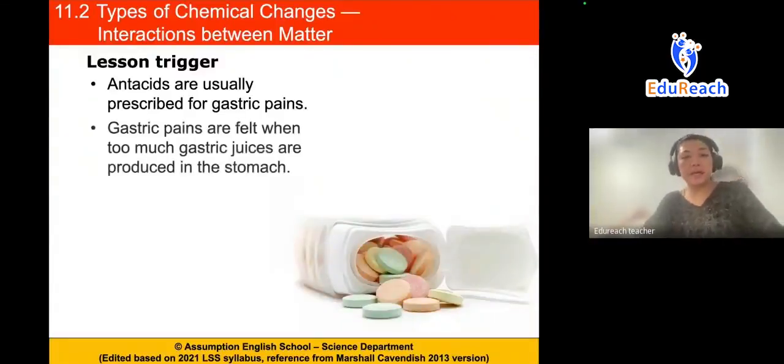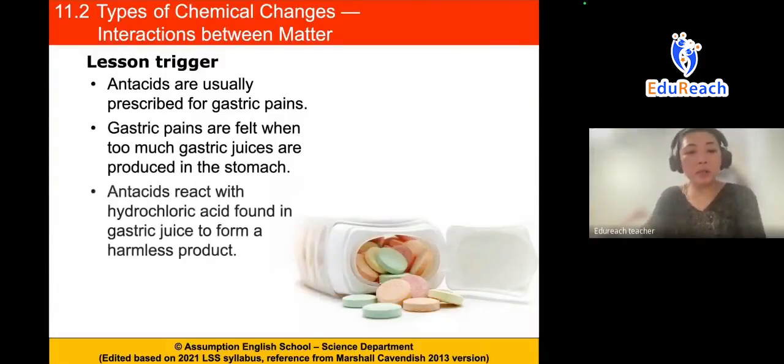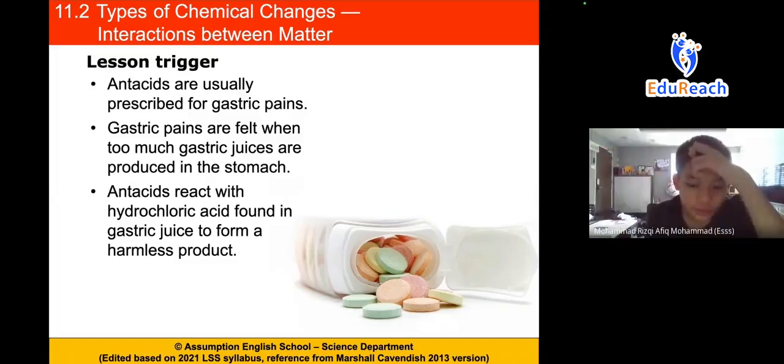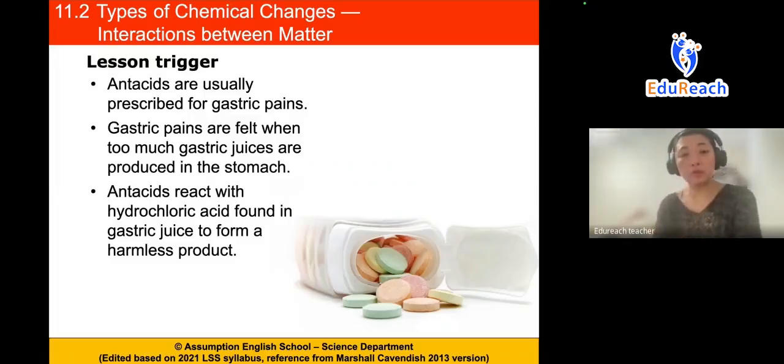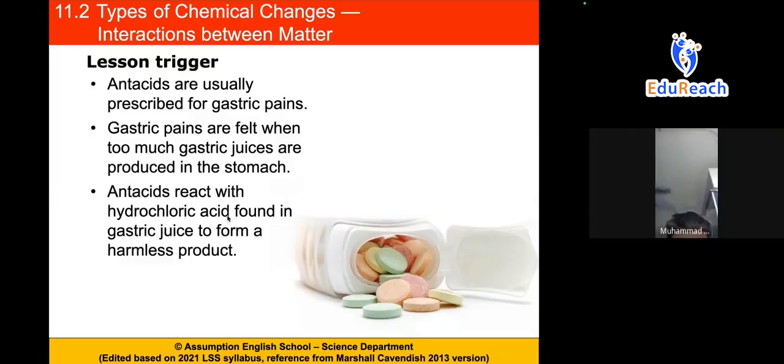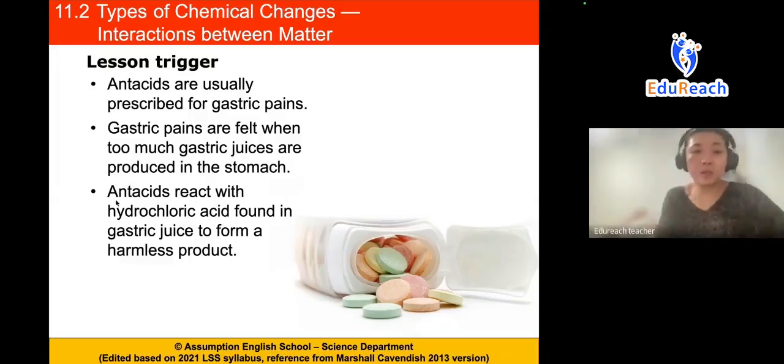This whole thing about the acid, guys, is somewhere on the slides. What is the name of the acid that is secreted in our stomach? Gastric juice. Gastric juice, but what does gastric juice itself contain in terms of acid? Abdullah, can you read this one out? I'm pointing it out. Hydrochloric acid. Yes, hydrochloric acid. So in our stomach, we will release gastric juice, and inside the gastric juice contains hydrochloric acid, which, by the way, is a very strong acid.